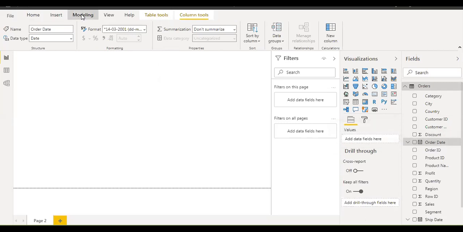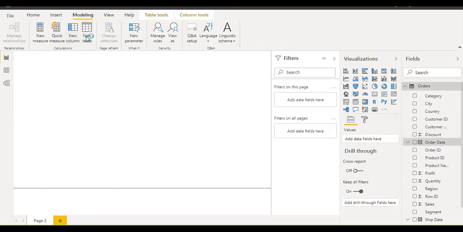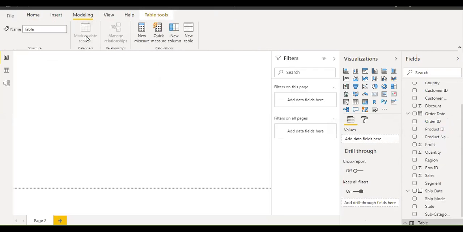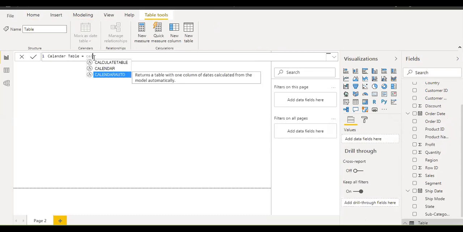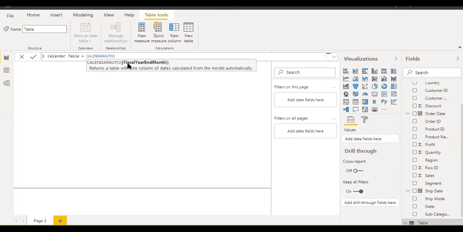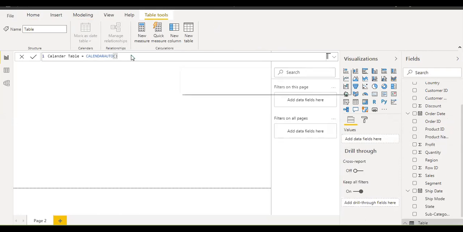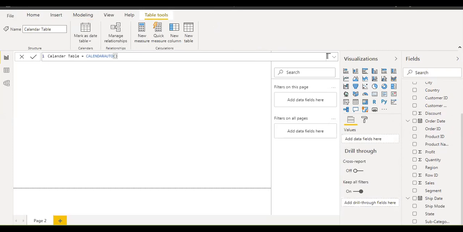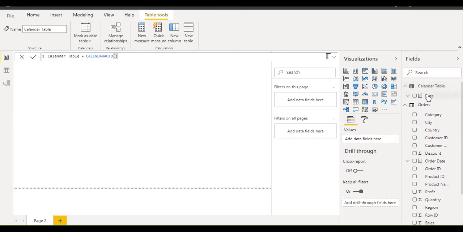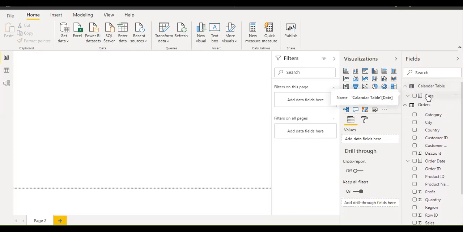So I'll go to modeling and click on new table, and the formula bar will open, and I will type in a name for my table, Calendar Table. Then I'll use the function CALENDARAUTO. It takes the argument fiscal year end month, but I will not supply any argument, and I can see on the right side my table has been created. To see what the dates in my table are, I'll drag the date to the canvas,